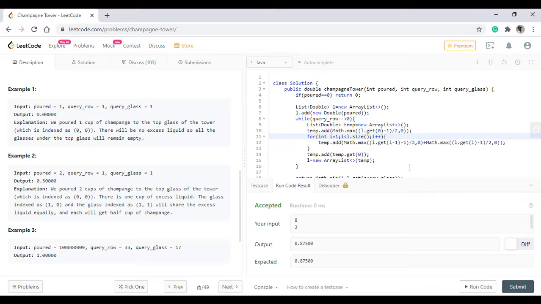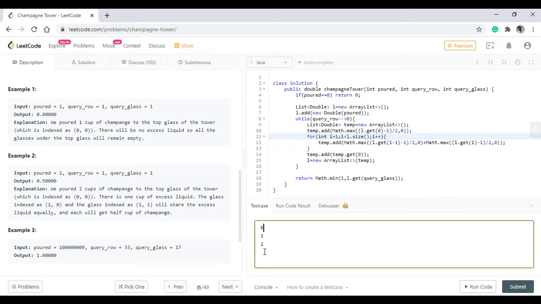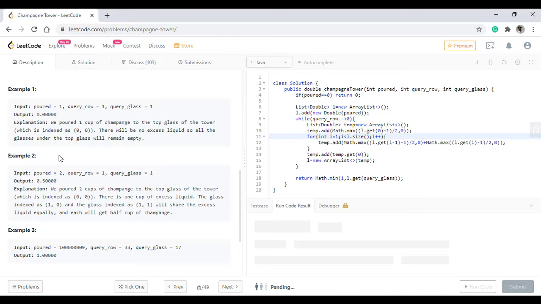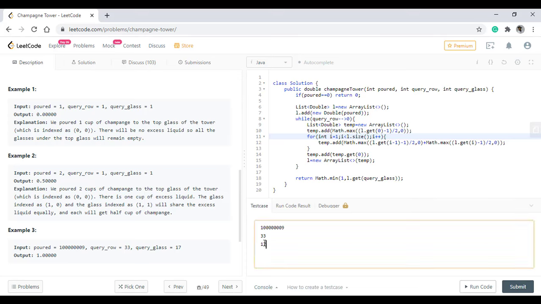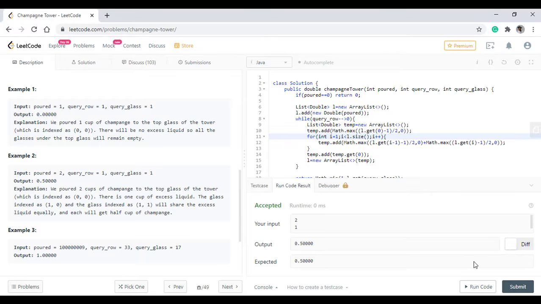So when we run this code, we get this result, and we can check it for the third example right away. It gives us 33 and 17. It gives us the right result. Now let's check for 2, 1, 1. Yeah, so it is giving the right result.